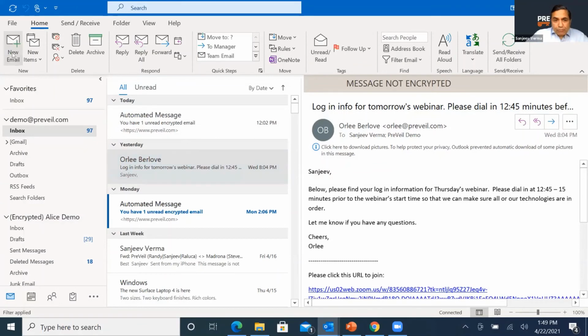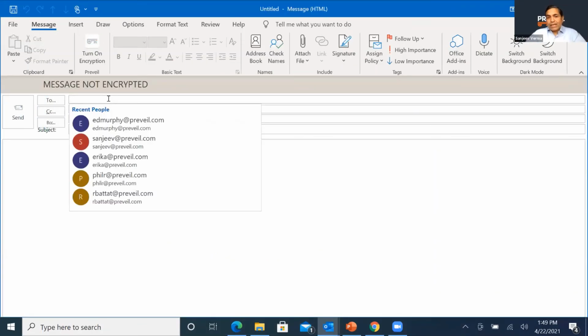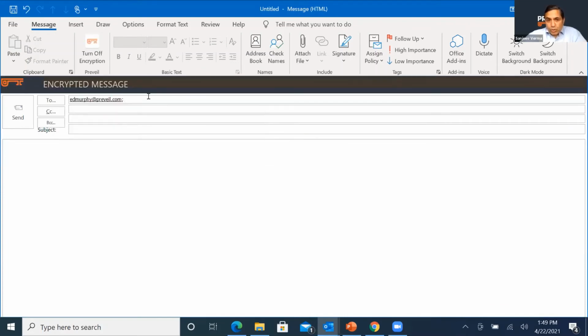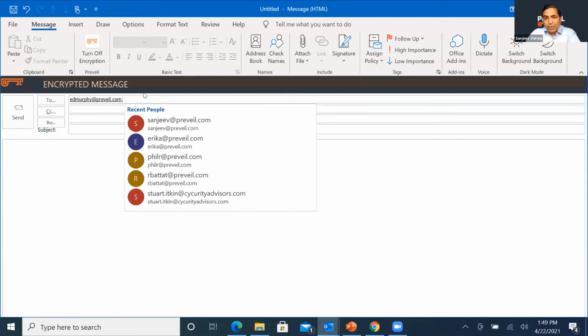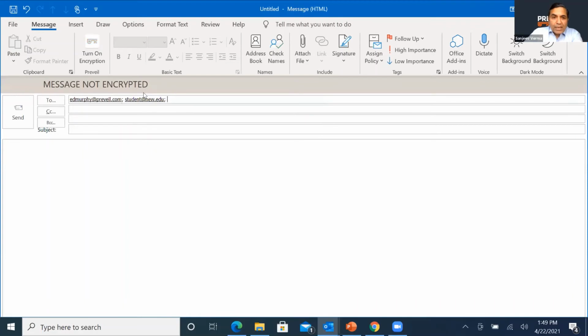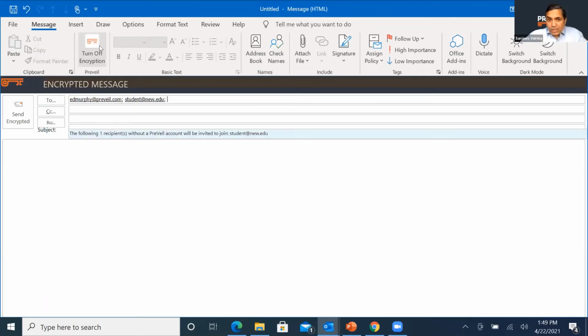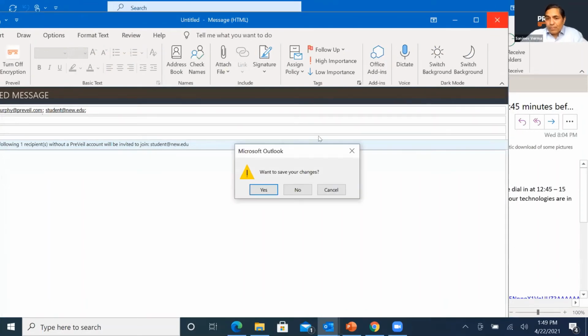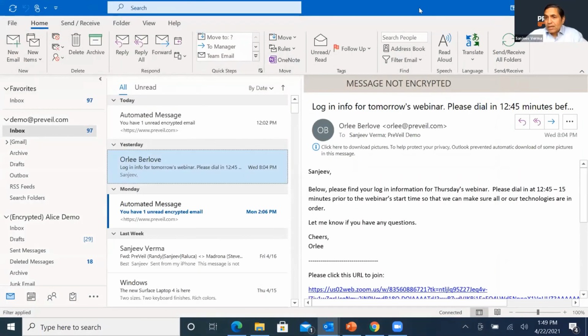If you were to send information to somebody who's not on Prevail, for example, there's a new student who you want to exchange student financial aid data with, and let's say Ed was somebody in the organization, and there was somebody who's a student at new.edu, I'm just making it up, it will go unencrypted. But if you want the student to now exchange encrypted, you simply turn encryption on, and the student will get invited to join and can join for free. They can create a free account on their phone or on the computer. It takes about a minute, and then the communication just happens as a controlled and compliant